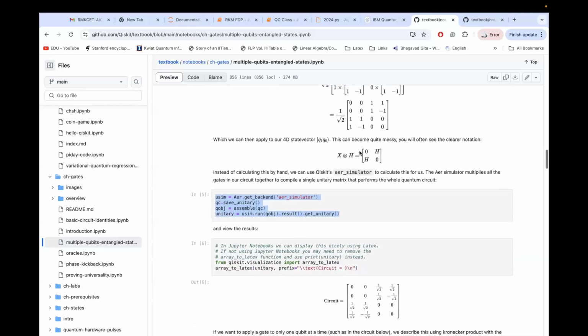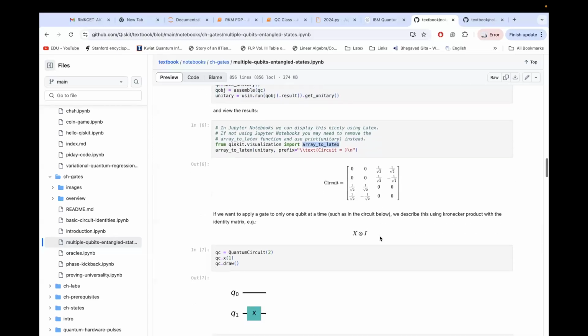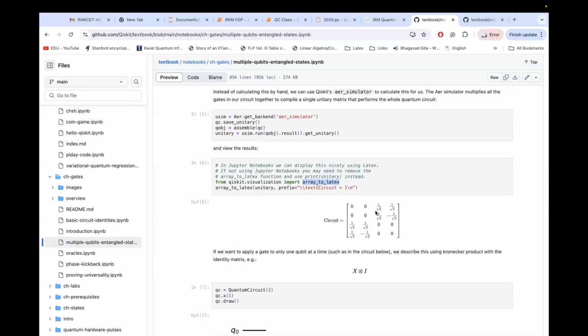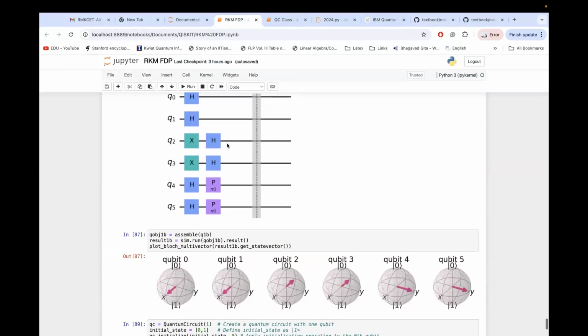In that case, what we can do is use this command, right? Get unitary, and then print it, using this array to LaTeX command from the Qiskit visualization module, and you can print the gate operator for the whole circuit, right? Even if you are dealing with a very big circuit, just use this one, and that's going to give you the unitary gate associated with the whole thing. For example, for this,